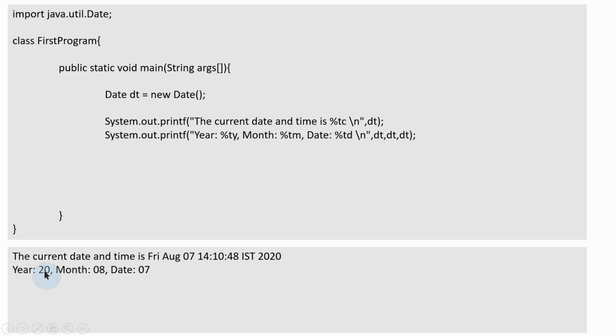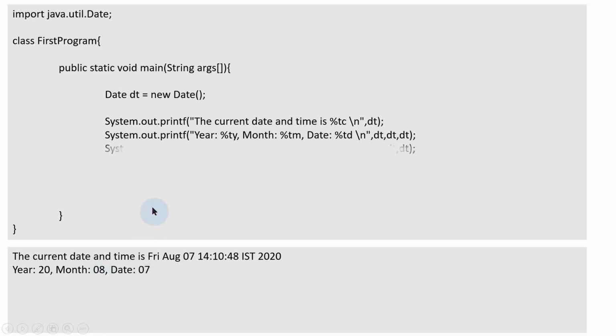Year is 20, that is 2020. See here I have used small y. Small y extracts only the last 2 digits of your year. If you want to get all 4 digits of the year, we need to use percentage %tY, capital Y. That I will show in the next example. And the month is 8 and the date is 7 I got.